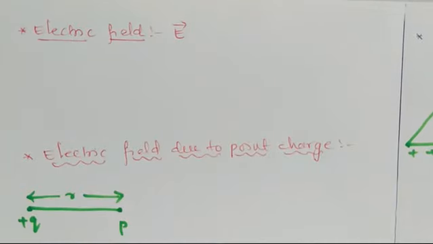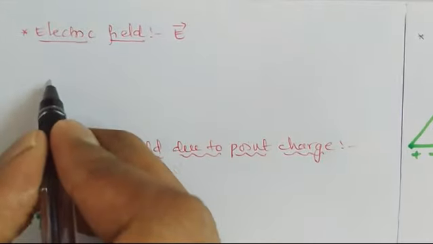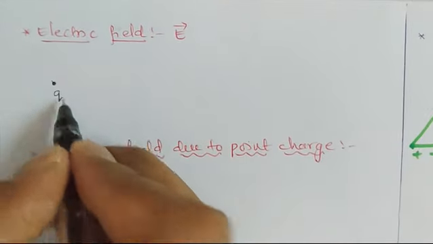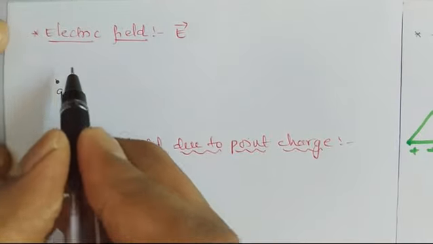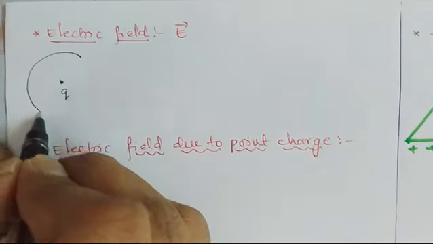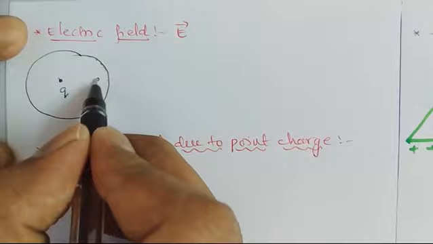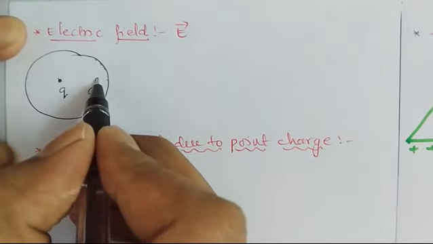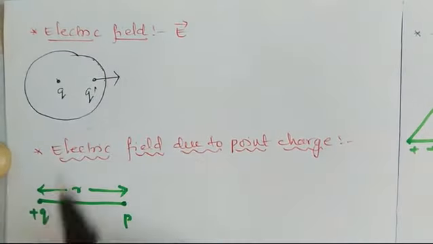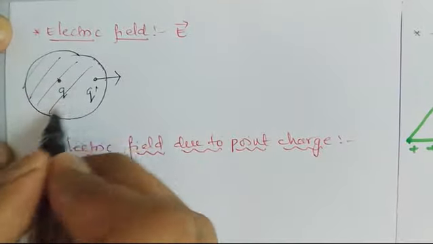Hi, today we will discuss electric field and electric field due to point charge and linear charge distribution. Right? So now we have electric field. What do you mean by electric field? See, whenever you consider a charge, let us consider this as a charge. Now the space around it, in which if you place another charge, it will experience a Coulomb force. This field is called as what?